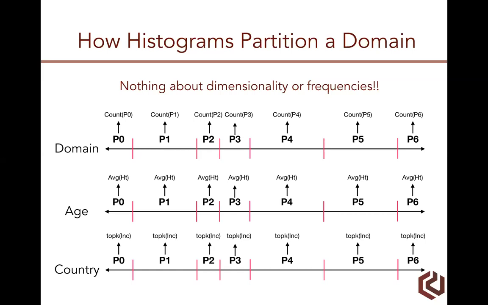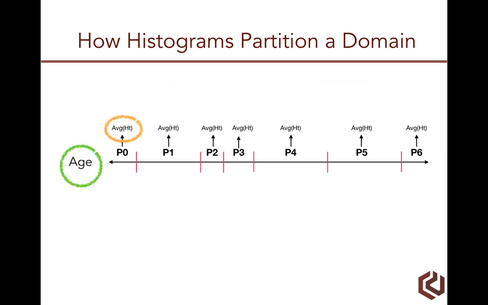But the same intuition holds. You're fundamentally breaking up a domain into disjoint partitions and summarizing those disjoint partitions with some sort of a statistic, okay? And when is it going to work? When that summary is meaningful, one, and two, when the partitions are meaningful as well. The partitions imply something about the summary. So, when we really think about high dimensional histograms, I want you to think